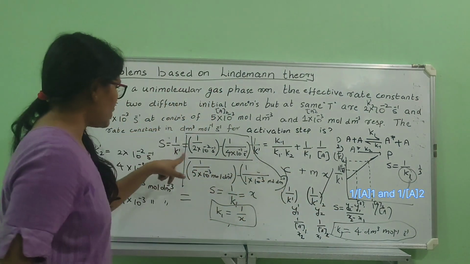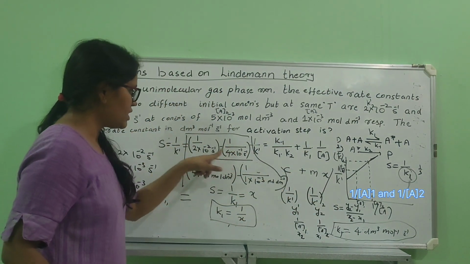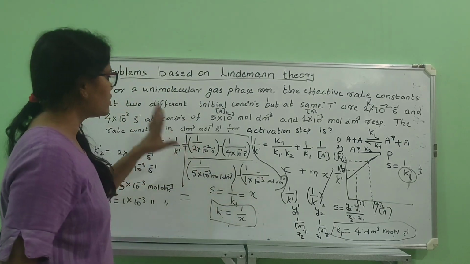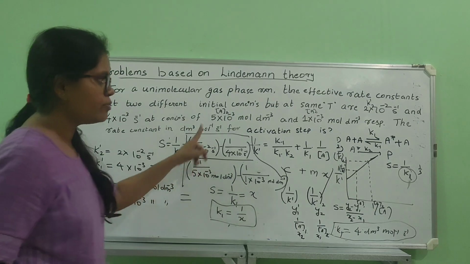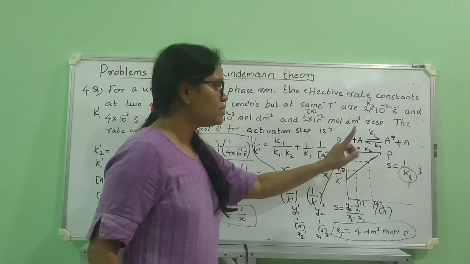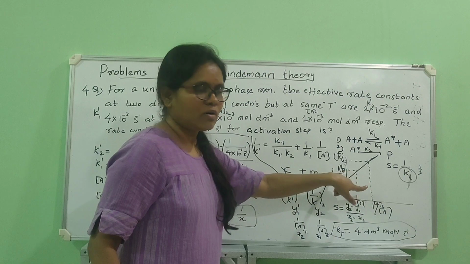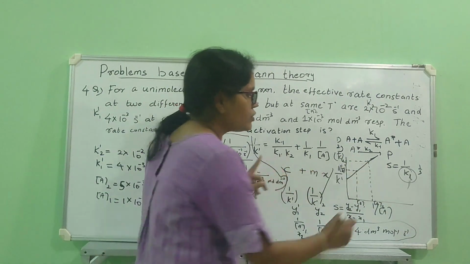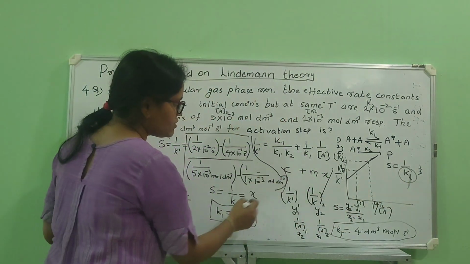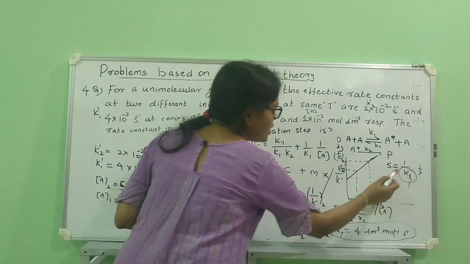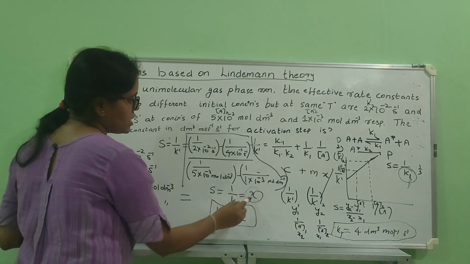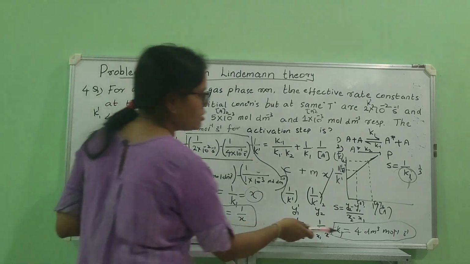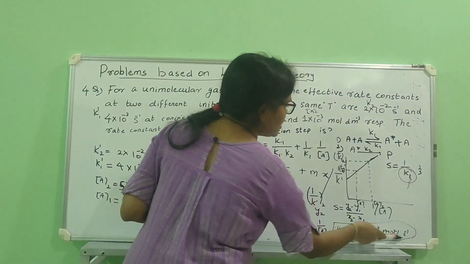This formula. So you have 1 by k dash 2 minus 1 by k dash 1, 1 by a2 minus 1 by a1. Even if you get the slope negative, you can use the mod to make it positive, because we know that the slope of this curve or this graph is positive. So from the slope, we know that slope is 1 by k1. So from this value of slope, you can find the value of k1. Okay, if slope is x, k1 will be 1 by x. So the answer for this question will be this much, 4 decimeter cube mole inverse second inverse.